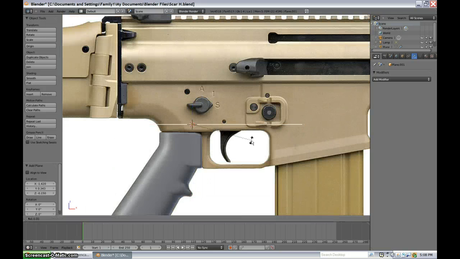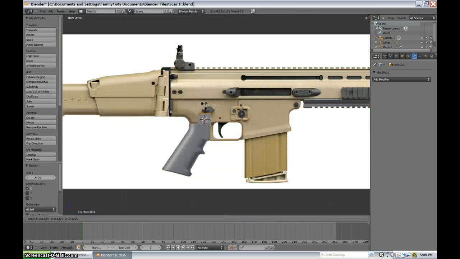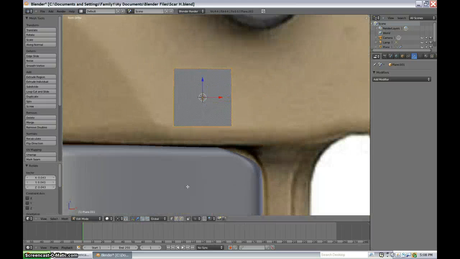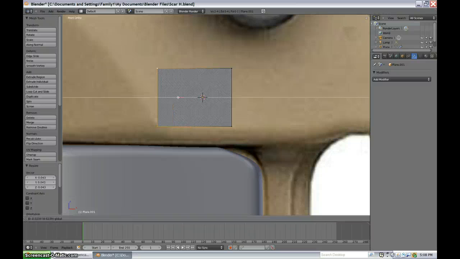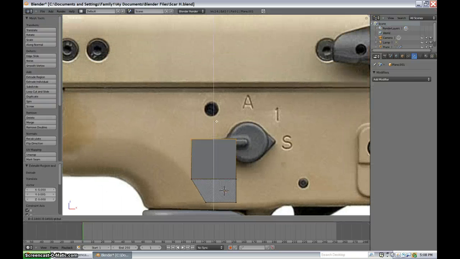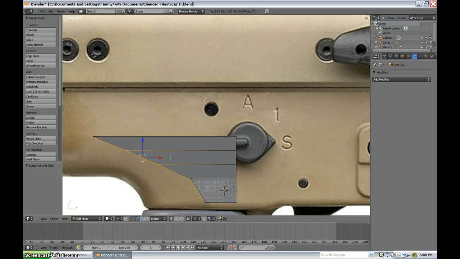And yeah, so let's just rotate it in edit mode along the x-axis 90 degrees. Scale it down just a tad. Not really just a tad, because I scaled that down a ton. But anyways, let's just start modeling away here. E to extrude. And let's just